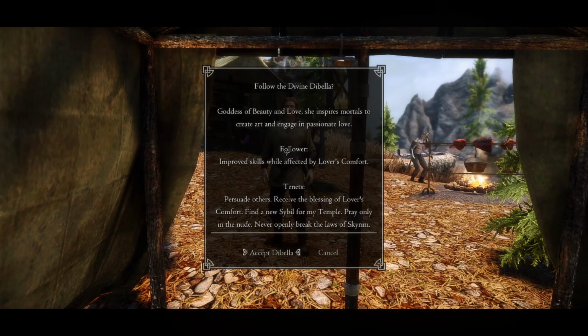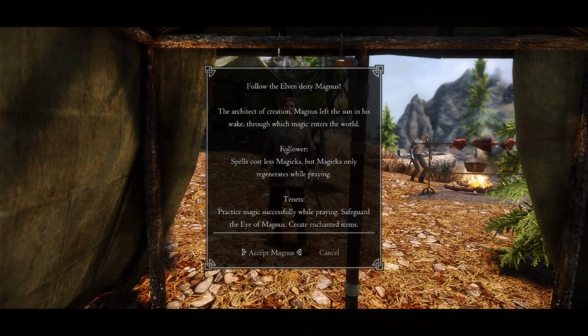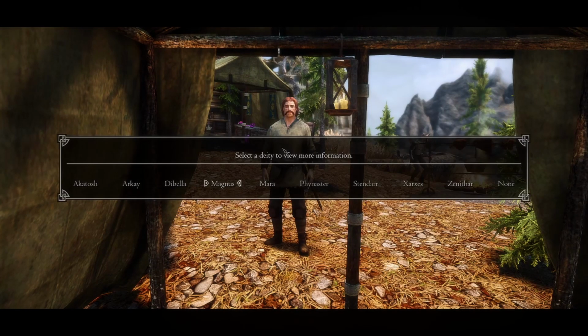Dibella gives you improved skill when affected by Lover's Comfort. I do like the Lover's Comfort, but nope. Magnus is probably the one I will take because its spells cost less magicka, but magicka only regenerates while praying. We can use potions to regen magicka when we are in fights, so this one is probably what I'm going to take. Looking at the other deities, Mara, pray to remove disease and poisons. That's also kind of nice, but